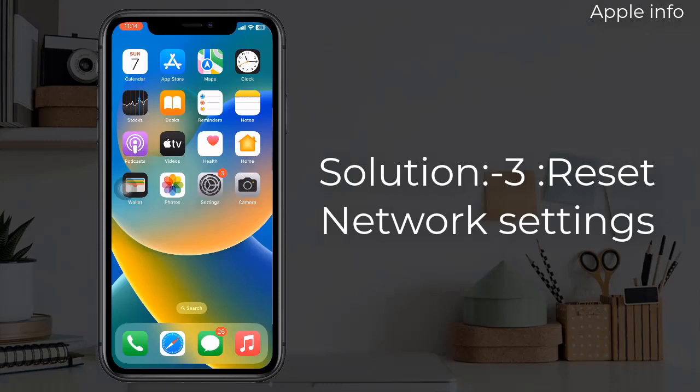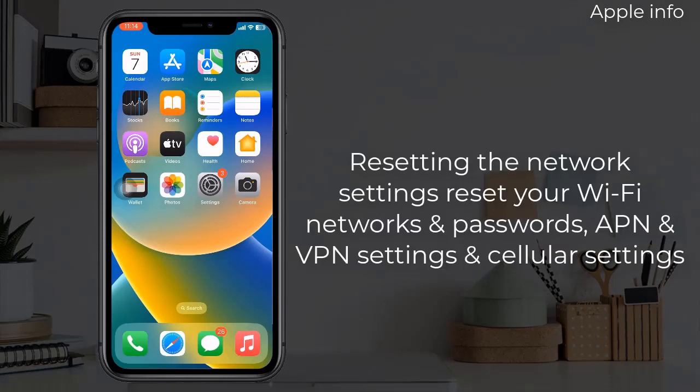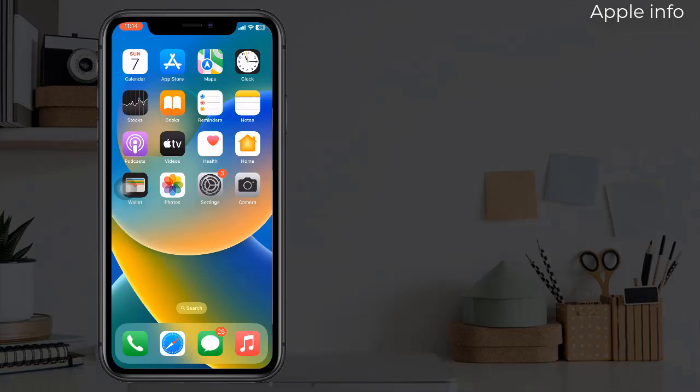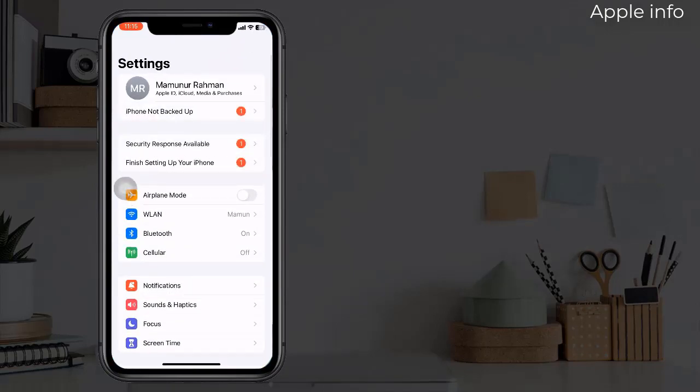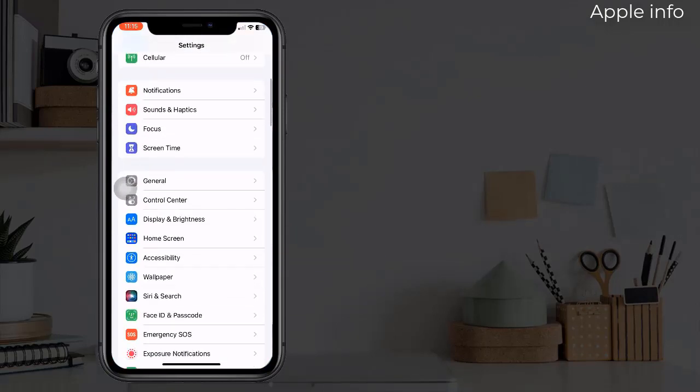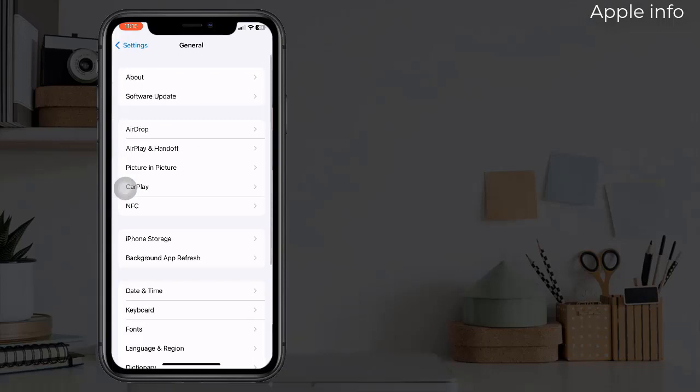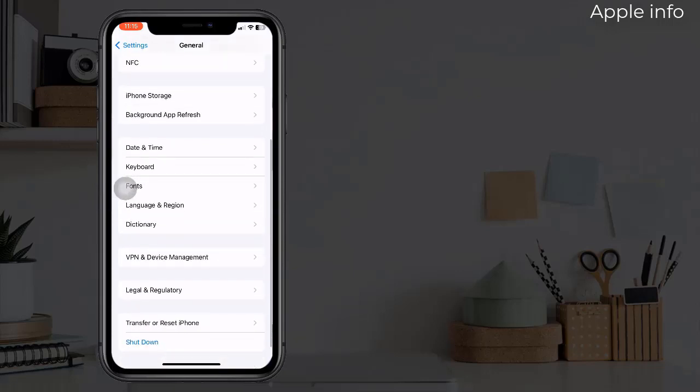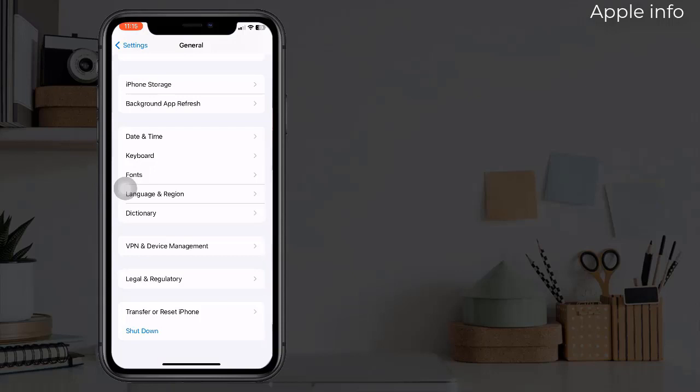Solution 3. Reset network settings. Resetting the network settings resets your Wi-Fi networks and passwords, APN and VPN settings, and cellular settings. To do this, open the Settings app, find and tap on General, scroll down to the bottom, tap on Transfer or Reset iPhone,